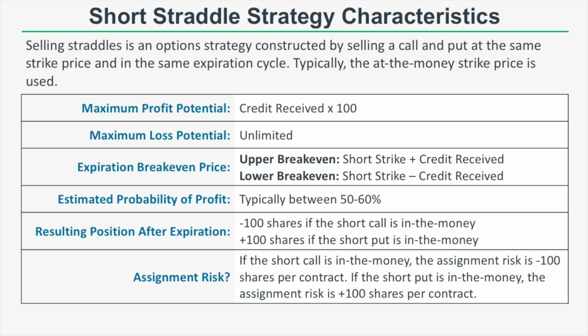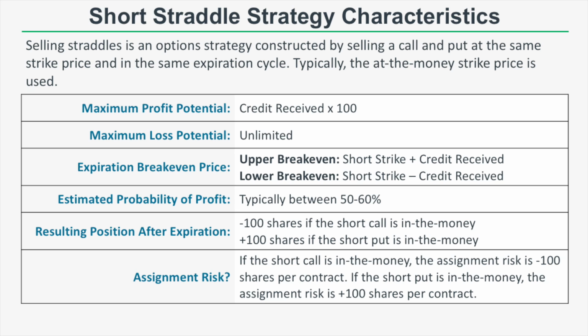So selling straddles is an option strategy constructed by selling a call and put at the same strike price and in the same expiration cycle. Now typically the at-the-money strike price is used, and that's because when you sell at-the-money options, you're selling the most expensive options that consist of all extrinsic value. So if the stock price remains right at that short strike that you sold, you're going to collect all of that extrinsic value as time passes, so long as the stock price does not move significantly outside of that strike